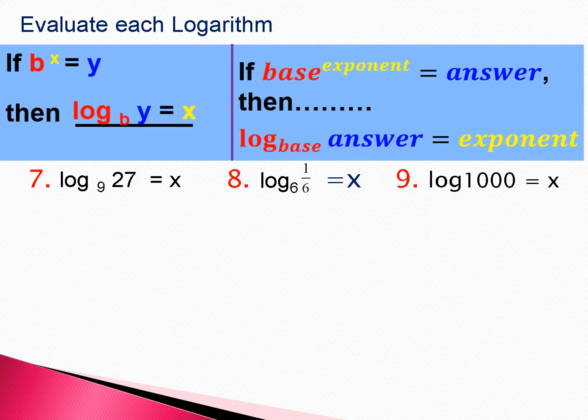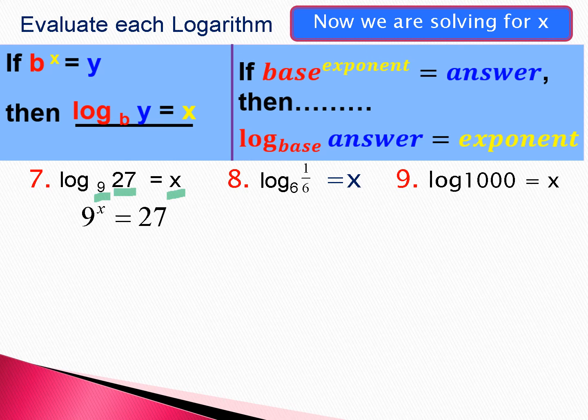So my base is 9. My exponent is x. And my argument or my answer is 27. So I'm going to write this as 9 to the x power equals 27. Now I know what you're thinking. There is no power of 9 that equals 27. 9 to some power never will equal 27. And you're right. But